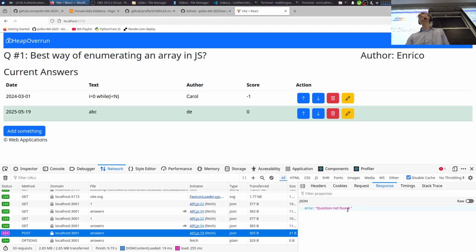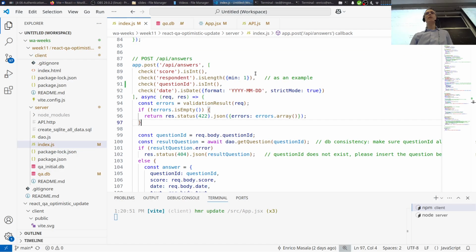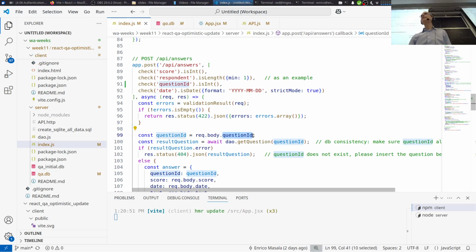This message was quite good in a certain sense. Question not found. So it makes me think, did I connect it to the right question or not? And actually, the question was not found because if you look at the code, req body question ID doesn't give you an error, but it's simply undefined. So it was looking for a get question with the value undefined instead of 1. So let's